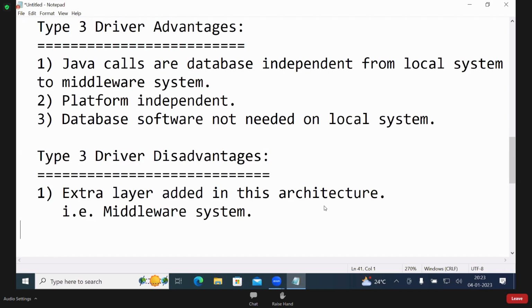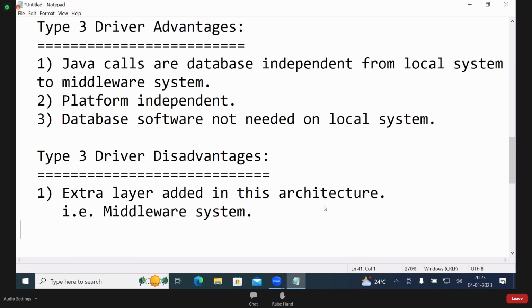So type 3 drivers, later we'll see with the middleware system. Presently I have given only the theory part. You have seen three architecture diagrams: type 1, type 2, type 3. In type 1, between the Java application and database, what was there?